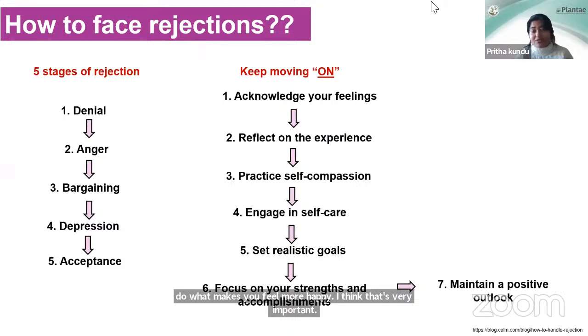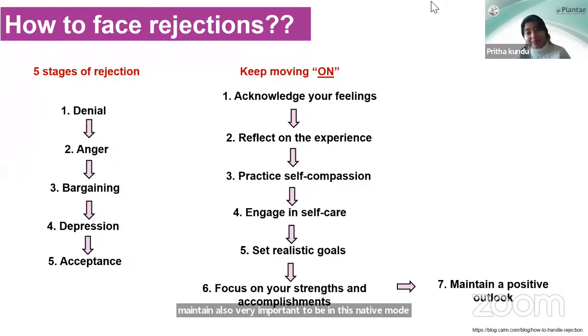And finally, maintain positivity. It's very important in this negative world. Everybody will be saying you cannot perform this, maybe this is not happening, that's not going to happen. But no, believe in yourself. Be positive. Have a positive social environment alongside yours.